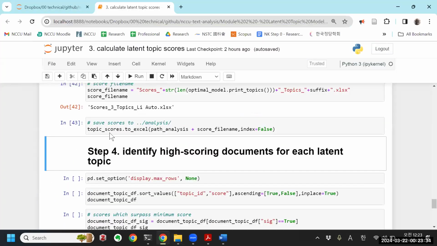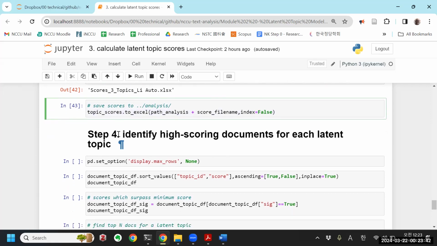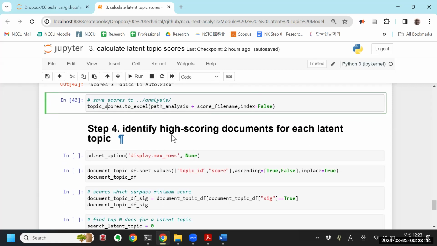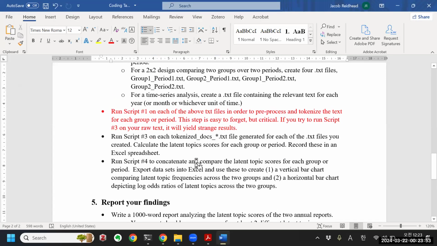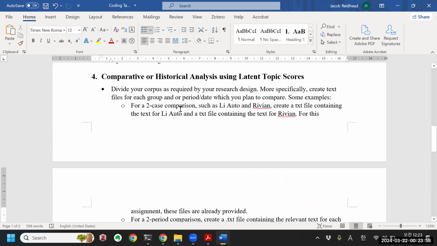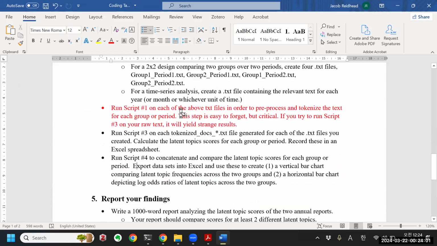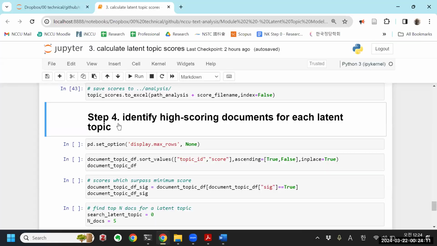All right, so what else are we going to do? This is really the core, the point of the script, but I wanted to also give you some tools to identify high scoring documents for each topic. Recall that part of the assignment is to label these latent topics. And maybe you want to see, within Liato or within Rivian, which documents score highest on a particular topic. So for example,